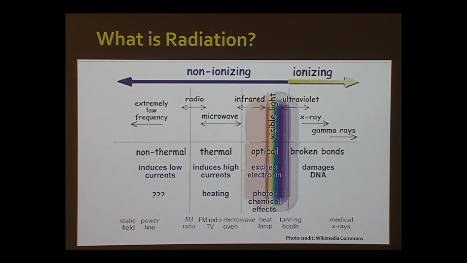This slide illustrates the different types of radiation from the non-ionizing side to the ionizing side of the spectrum. For the non-ionizing side, you have things like radio waves and microwaves, infrared, even the visible light spectrum. These are all technically types of radiation, but they are not powerful enough to affect your DNA bonds. It's not going to damage you per se unless it's focused, like a microwave, very